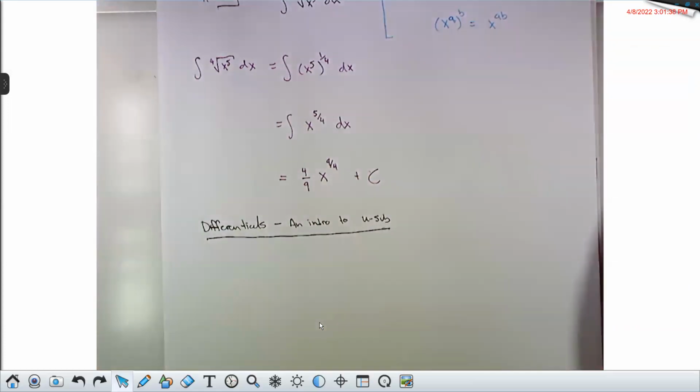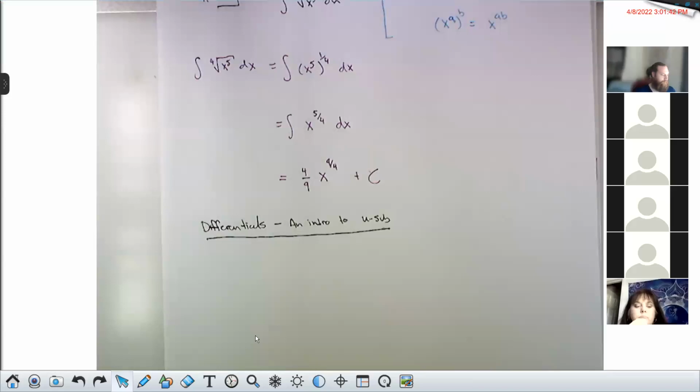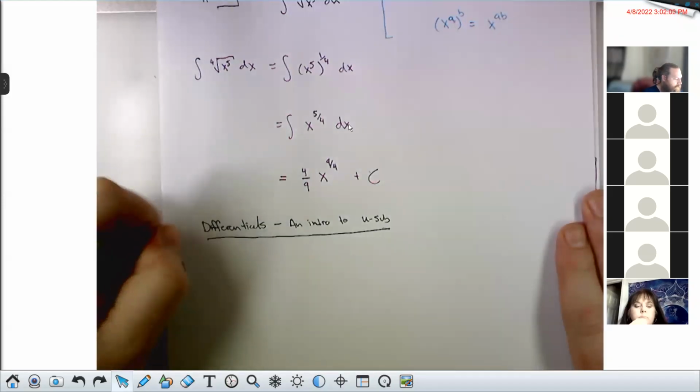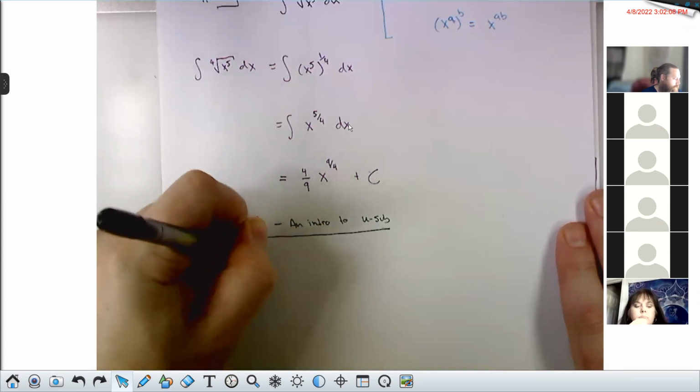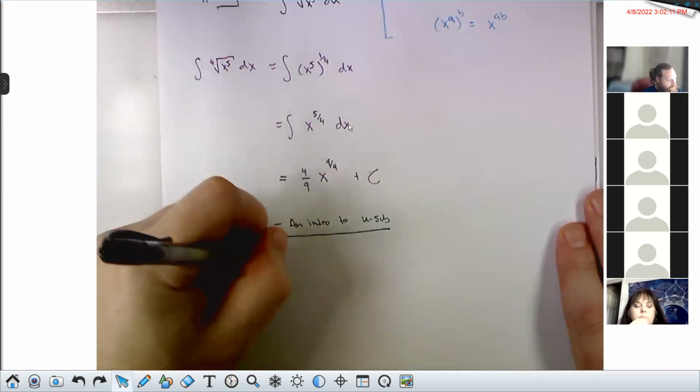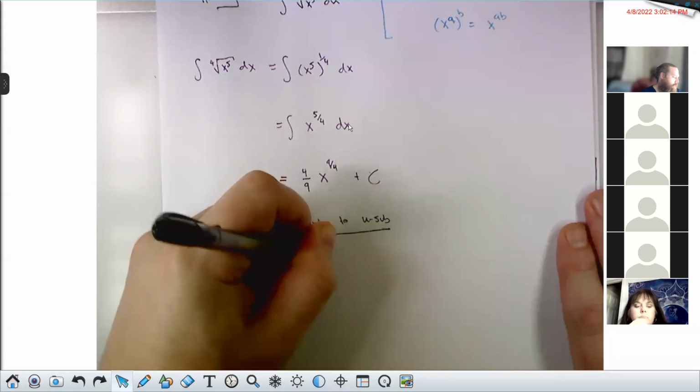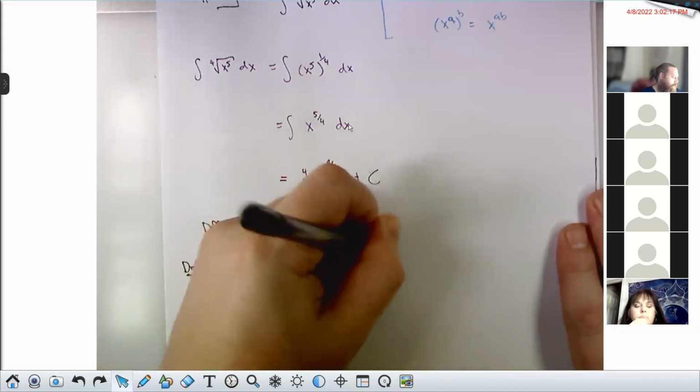So this is a bit of preliminary stuff that you're going to need to do the chain rule in reverse. You've heard me refer to the term dx, for example, here as the differential term in the integral. And that's correct. A differential is a little bit different from a derivative, but they're related to each other. The definition is mind-numbingly simple. I'll write it like this. If u is equal to, say, g of x, then the differential of u,